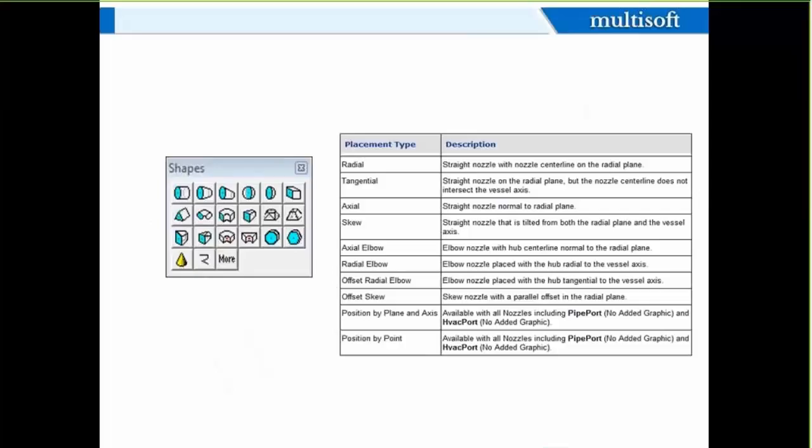And next are the nozzles. There are different types of nozzle placement methods depending upon your equipment. If you have a horizontal equipment, you can go for radial, tangential methods. If you have vertical tower columns, you can go for axial methods. Skew, axial elbow. There are different types of elbow nozzles also available. Position by point: if you want to give the exact location by inputting XYZ values, the nozzle will automatically be placed on the equipment. So it's very easy. Within a single day you can learn